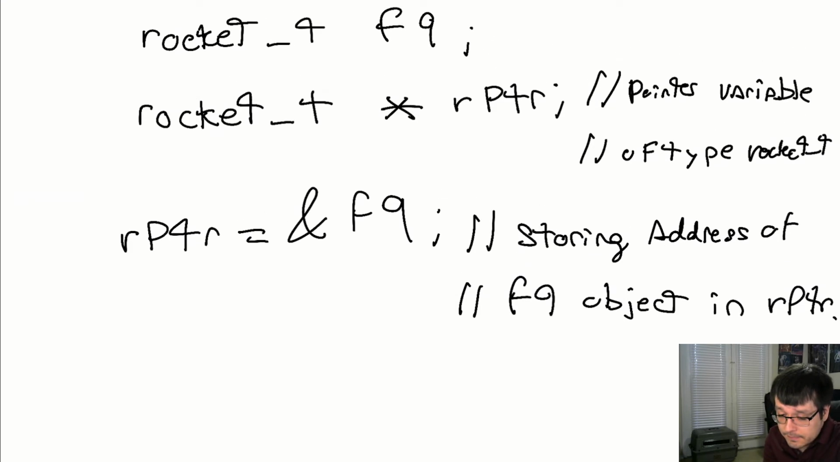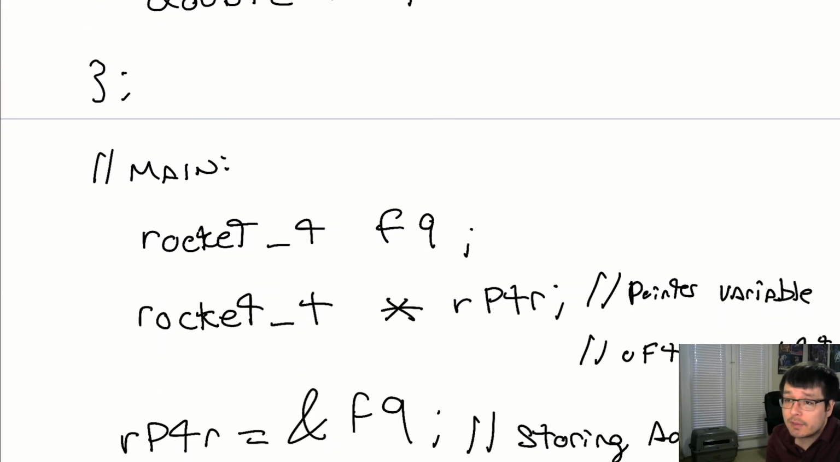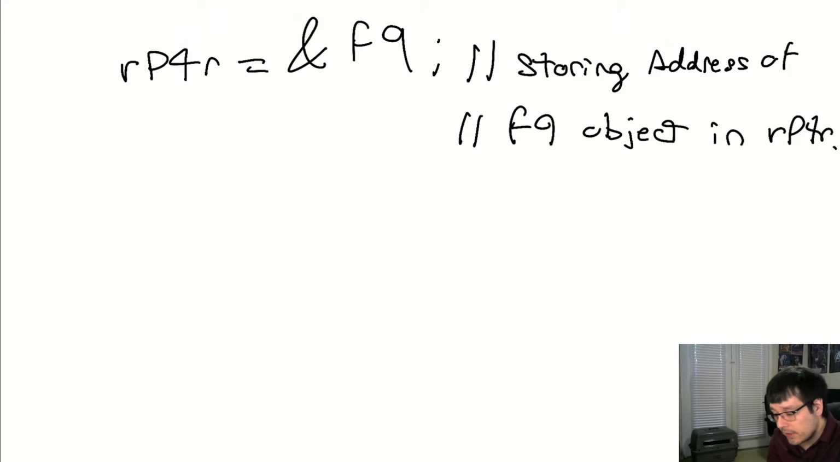So how does that affect our member access operator? Remember, the dot is the member access operator, right? Well, let's see that. Okay? So, to access,